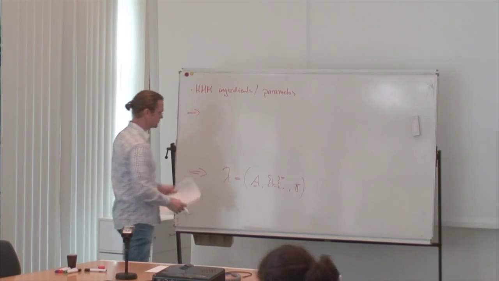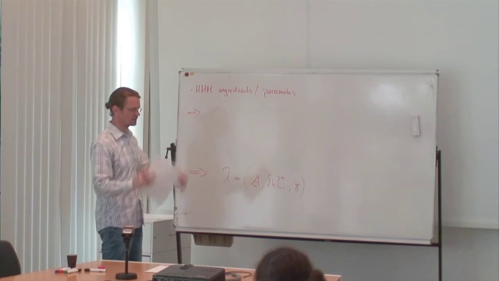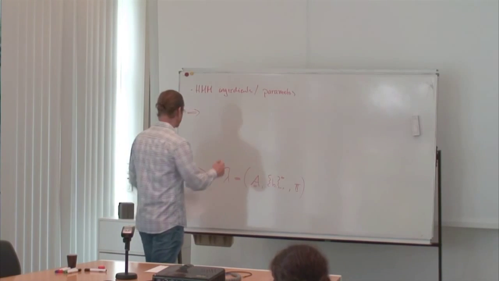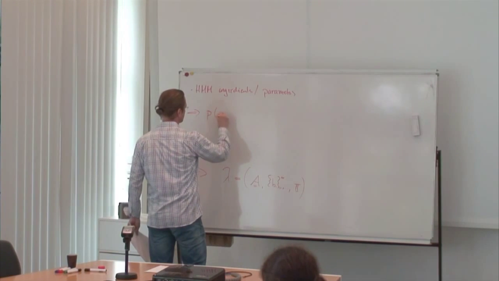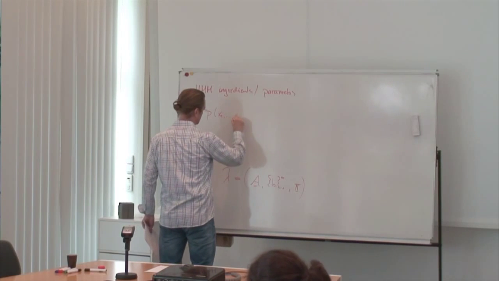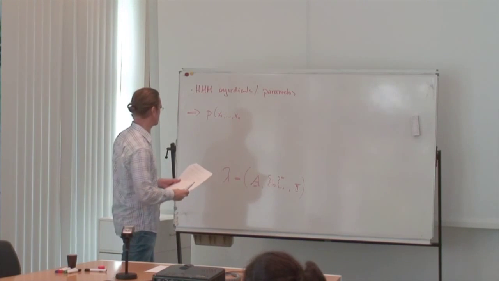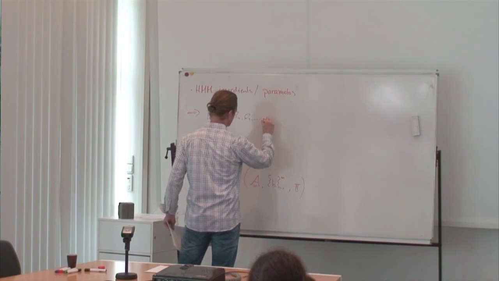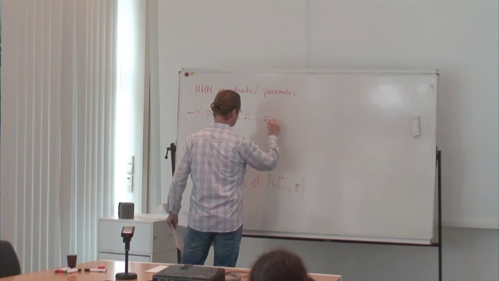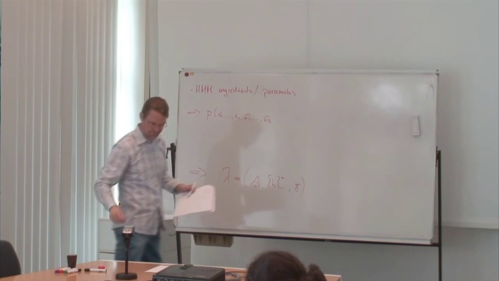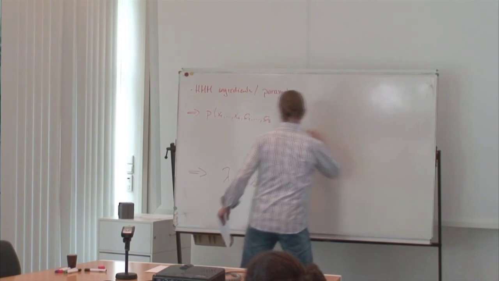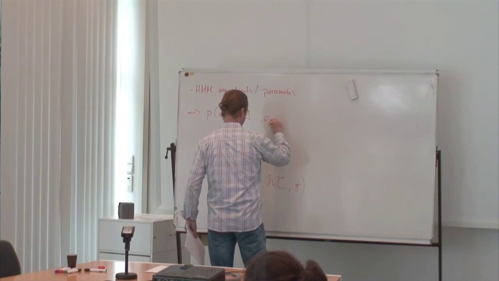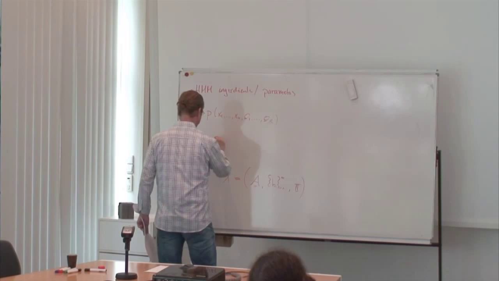That is, if we refer to the ingredients of the hidden Markov model in terms of these three things here, we get that the joint probability for an observed sequence of states and an observed sequence of output symbols can be written as,